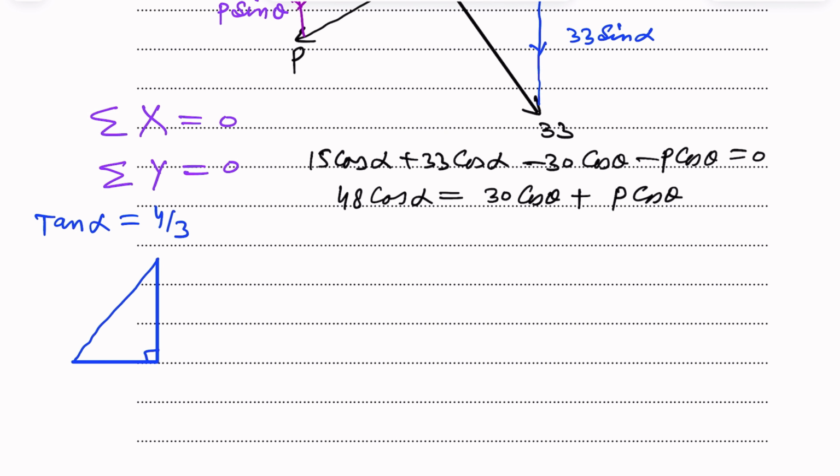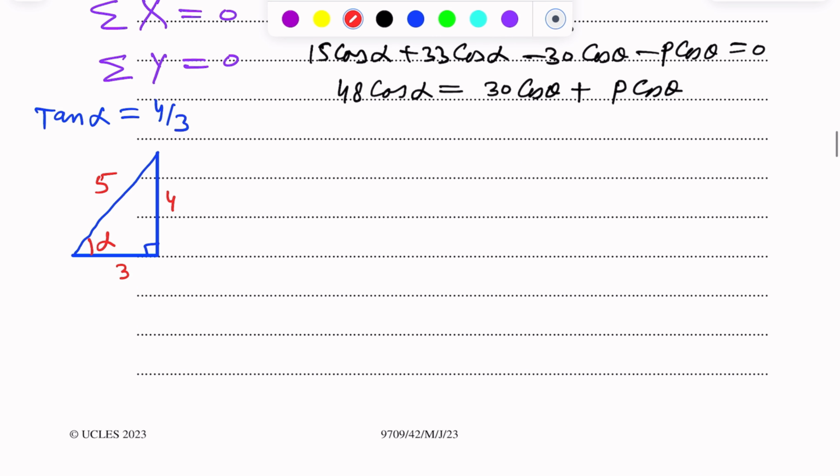This angle is alpha. So this is 4, perpendicular over base. Third side, that is the hypotenuse, using Pythagoras theorem, it will be 5. So from here we can find the value of cos alpha, that is base over hypotenuse, that is 3 over 5. Now we are putting this value of cos alpha